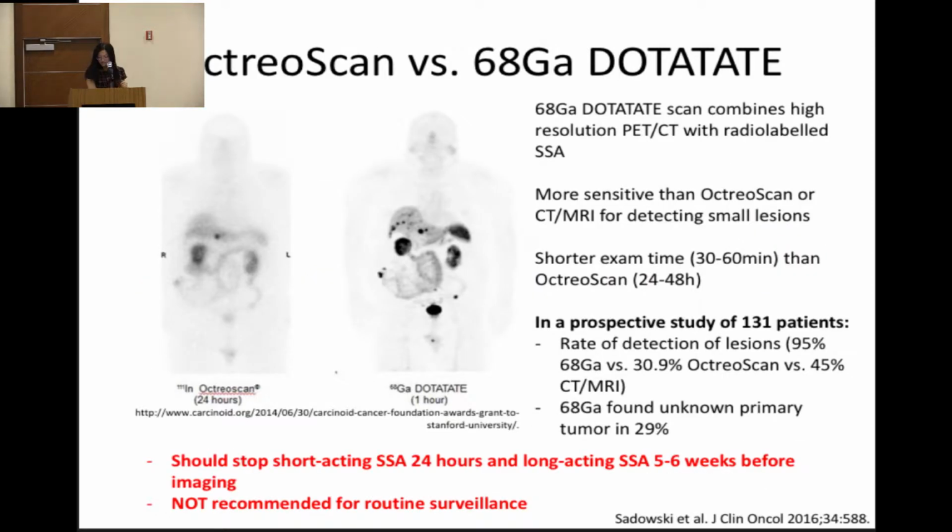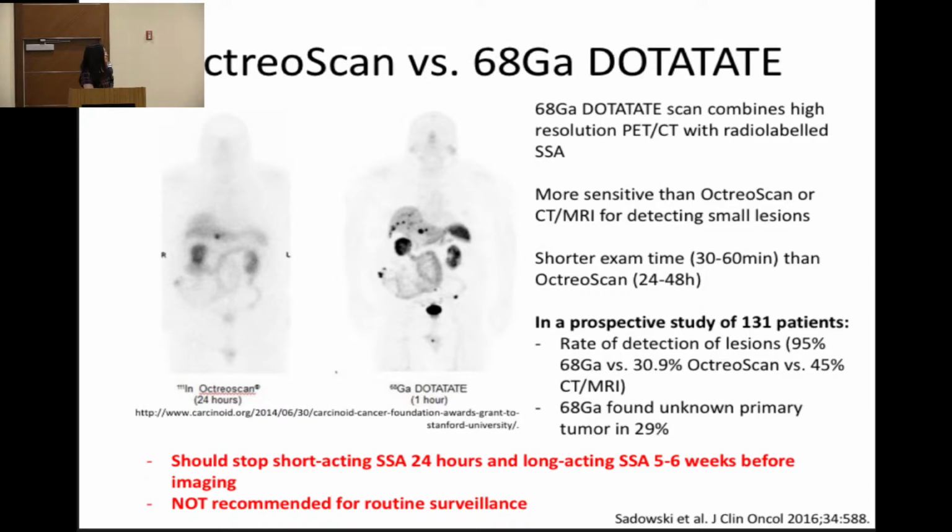I think Dr. Lewis also already went through this in detail, but you can see how much more sensitive it is in terms of detecting small volume disease. In a prospective study that was done, it showed a much higher rate of detection of lesions compared to OctreoScan and regular imaging. In terms of practical logistics, if you're on long-term octreotide, it should be stopped 5 to 6 weeks before getting the imaging for accurate analysis. Also, these scans are not recommended for routine surveillance because they detect the density of receptors, not really actually